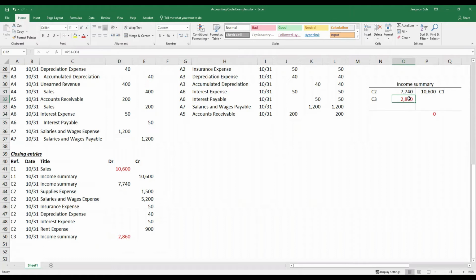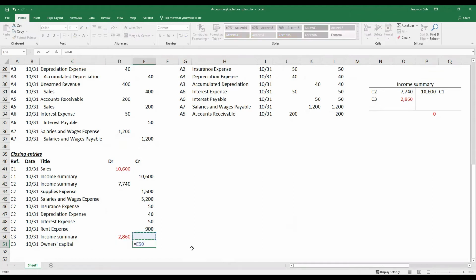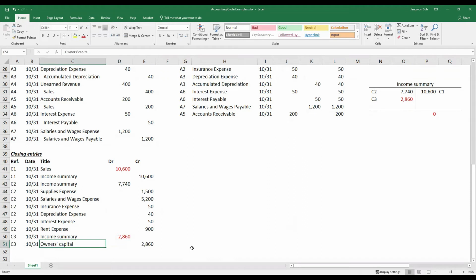And what's the role of net income? Net income increases your, yes, owner's capital. How do you increase owner's capital? By crediting it, yay, right? By balancing the remainder of the income summary with owner's capital, you can close or zero the income summary out